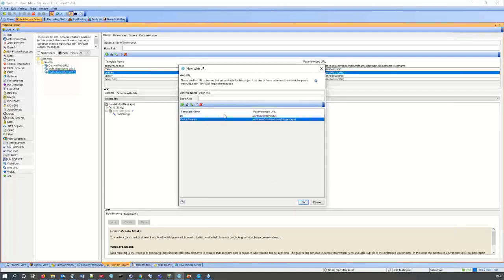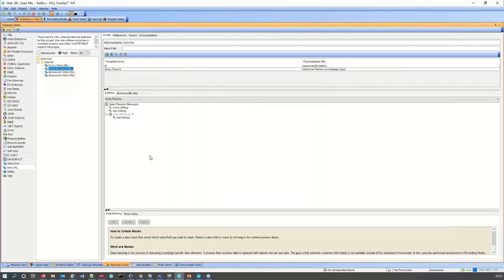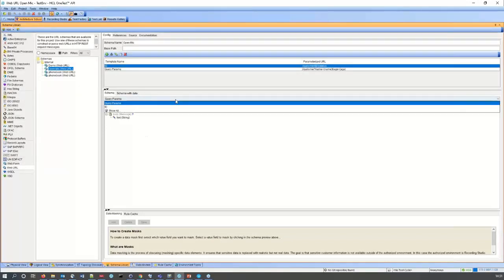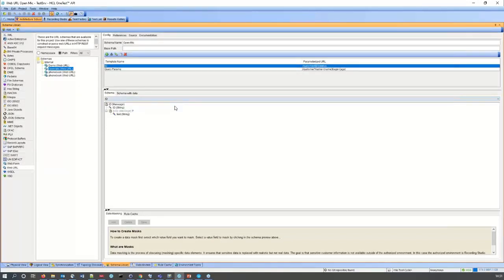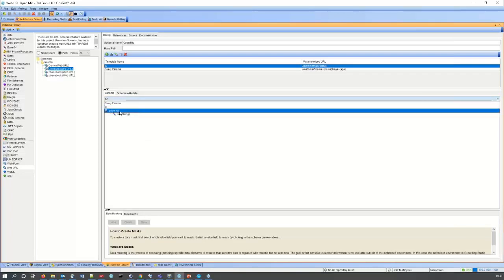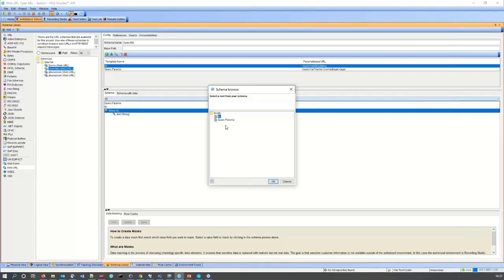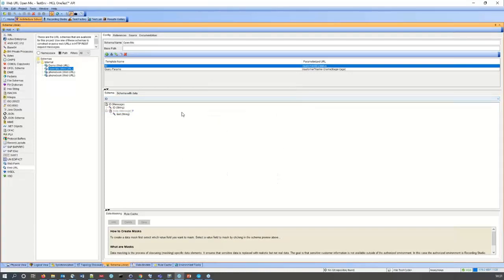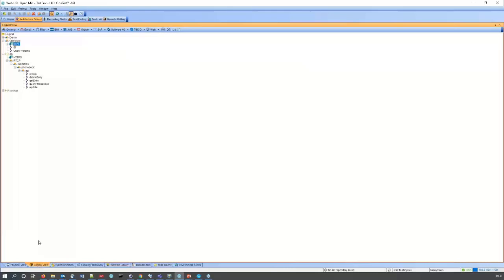Right, okay, so we've created our two web URL schemas, and you can select them and preview them in here. Oh, sorry, there's a drop-down box. If you've got a lot of these, you can basically do show all and then select from that tree. But you don't tend to do much in this, to be honest. Right, so if I go back to logical view,